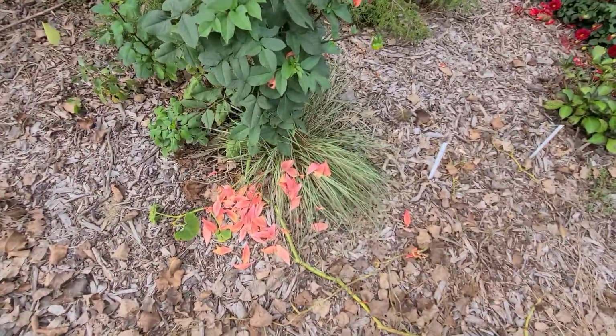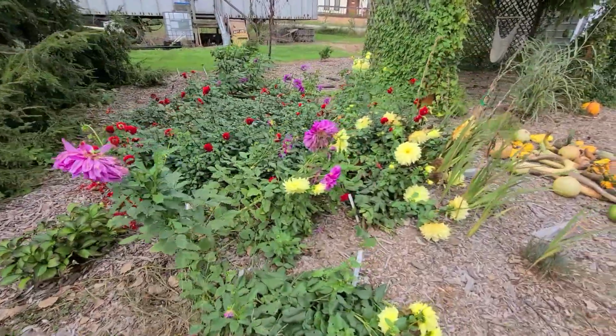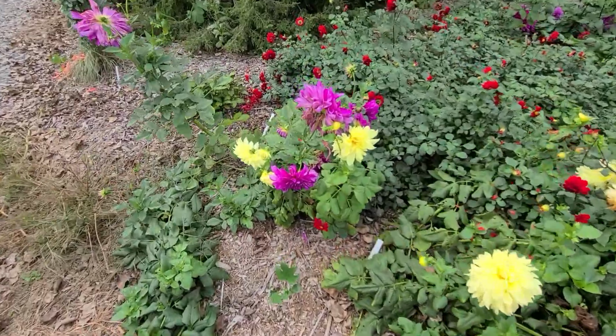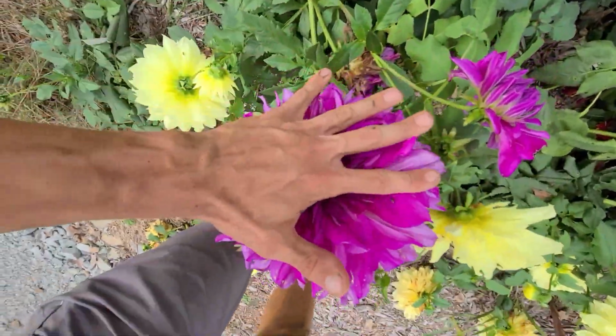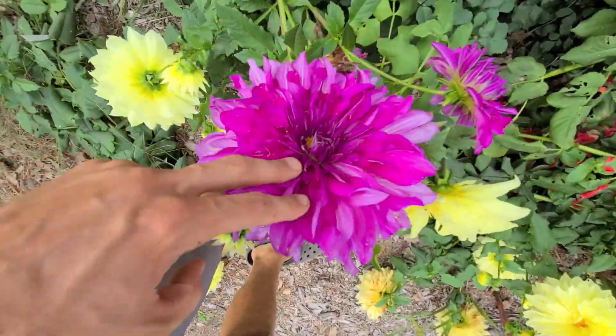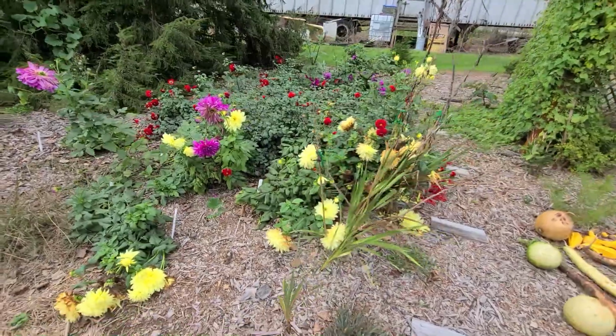You can see one just finished up last night and fell apart, but I did get a bunch of purple ones, yellow ones, some big. Look how big this purple one is. I have 10-inch hands, so I would say that's about a 9-inch dahlia. Gorgeous. It's facing the wrong way. Wish it was facing this way, but